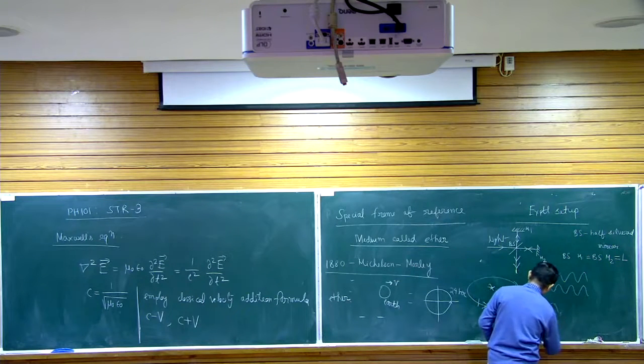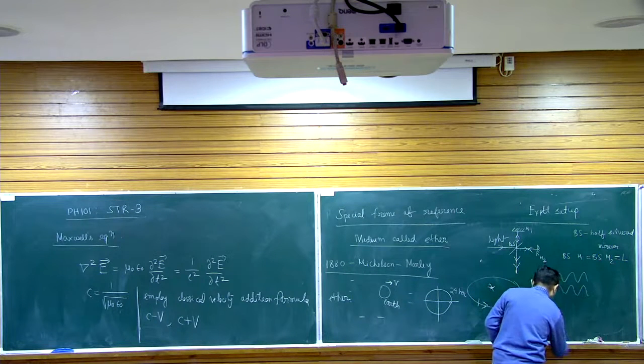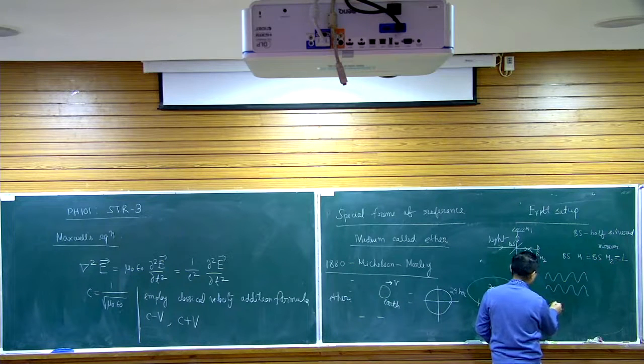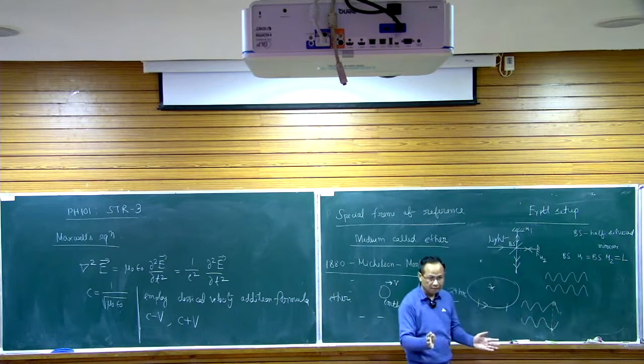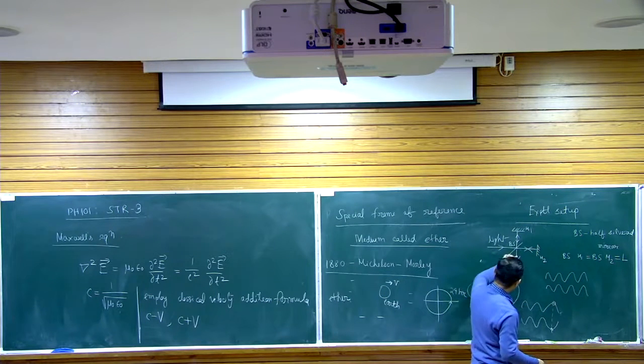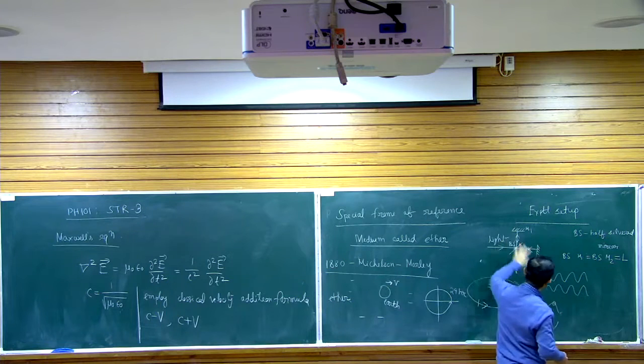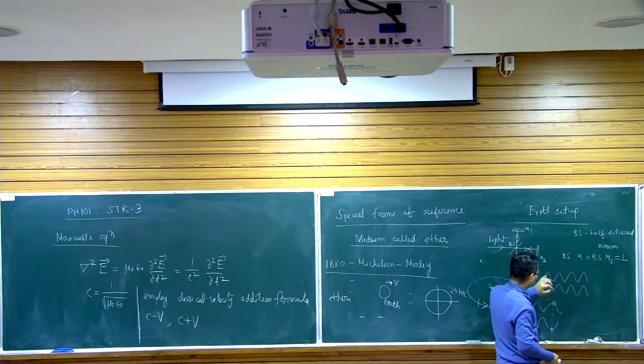Here is one wave and here is the other wave. So the crest of one is coinciding with the trough of the other. That is, the amplitude maximum in the positive direction is coinciding with the amplitude maximum in the negative direction. When this happens, you will get an intensity minimum. That is called destructive interference due to the superposition of the two waves, and you will get a minimum signal here.